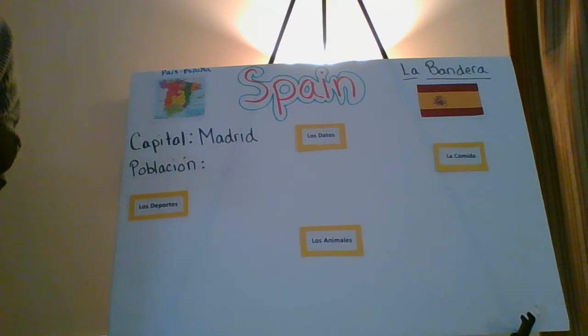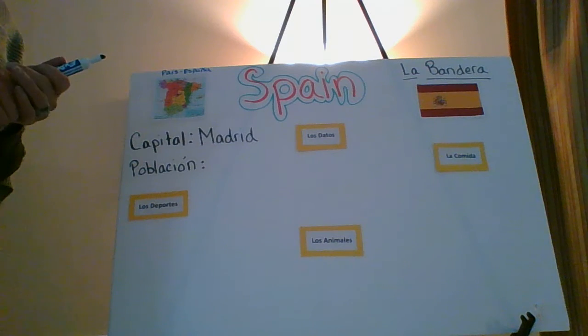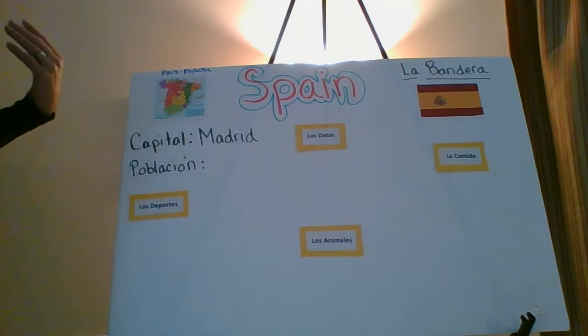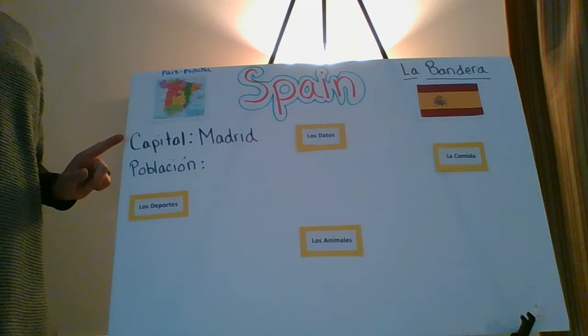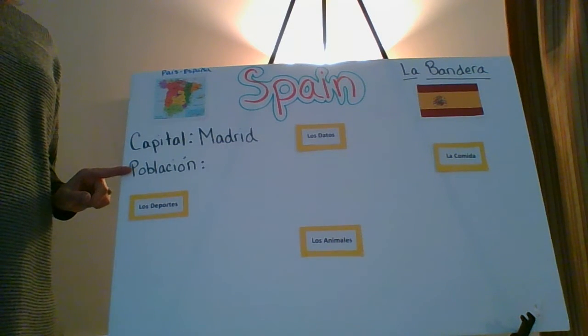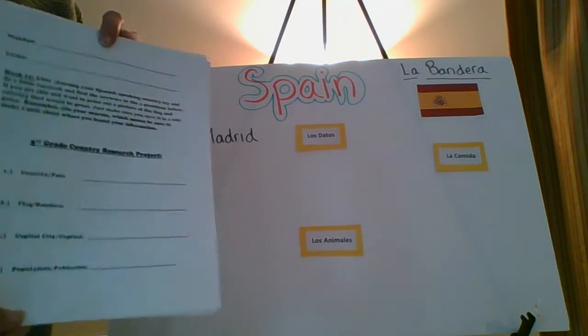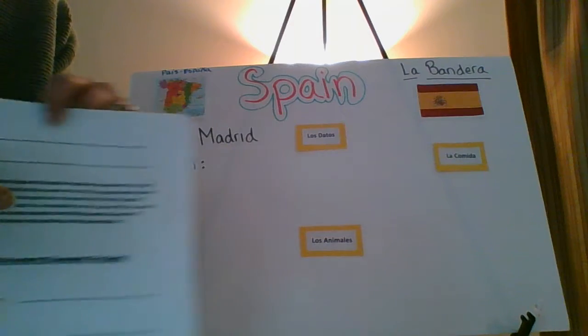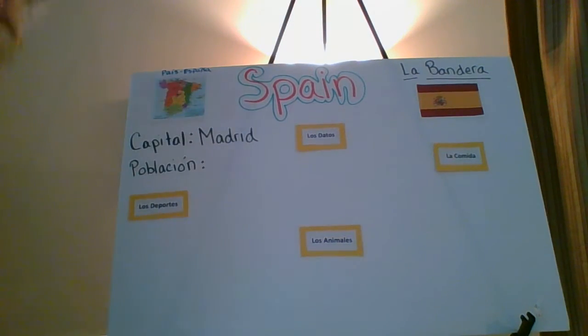it's not a problem. And this foam board is really nice. You can use markers, you can use crayons. They all work. Then what I did is I decided to handwrite in the capital, capital, and población, the population. So remember, this information you have already researched. It's all here. You're just taking the research that you already have and you're just transferring it to your presentation